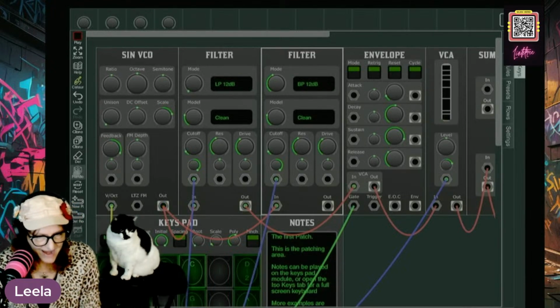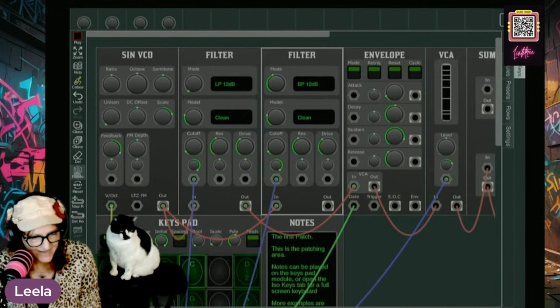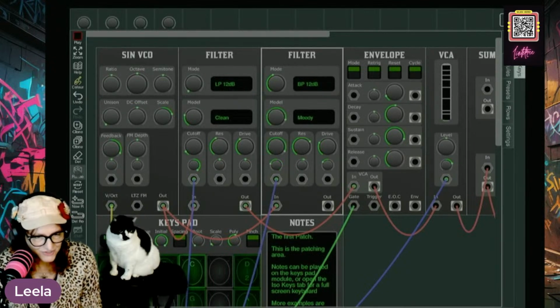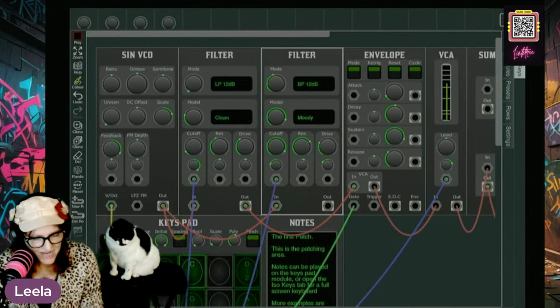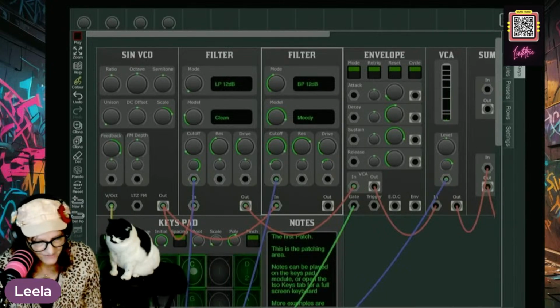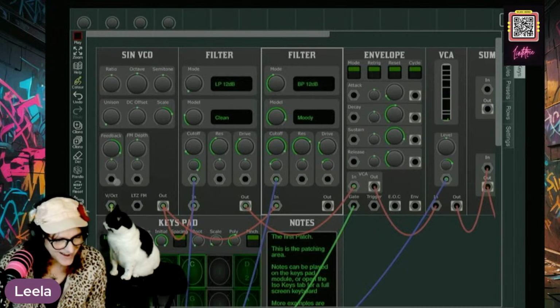So now this next one, the dice, it randomizes. So let's just randomize that. Now we've got, and I'm just touching this keys pad. In a minute I'll tell you what happens.